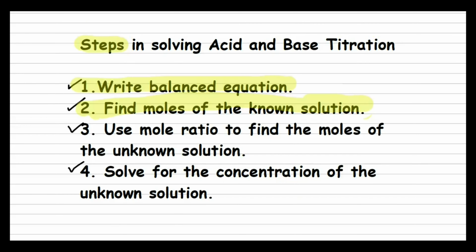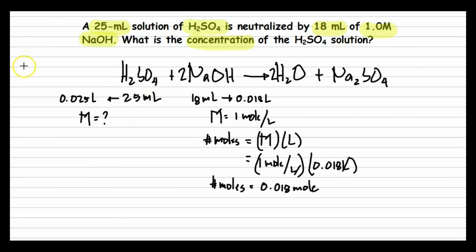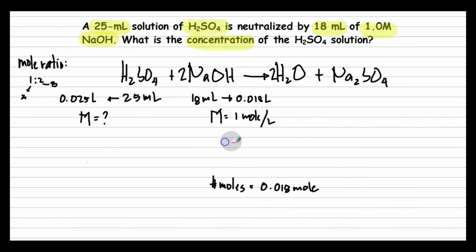And for our third step, use the mole ratio to find the moles of the unknown solution. And as I've said earlier, we can identify the mole ratio from the balanced chemical reaction. Therefore, our mole ratio is 1:2. 1 is your acid and 2 is your base. We will multiply the mole ratio and the number of moles of NaOH. So we have